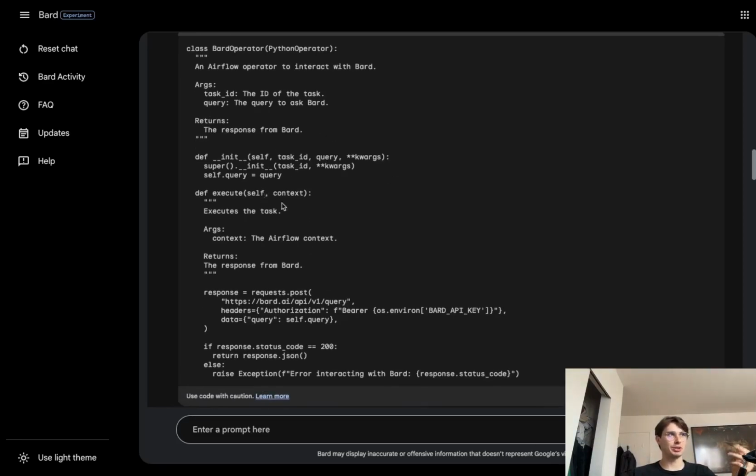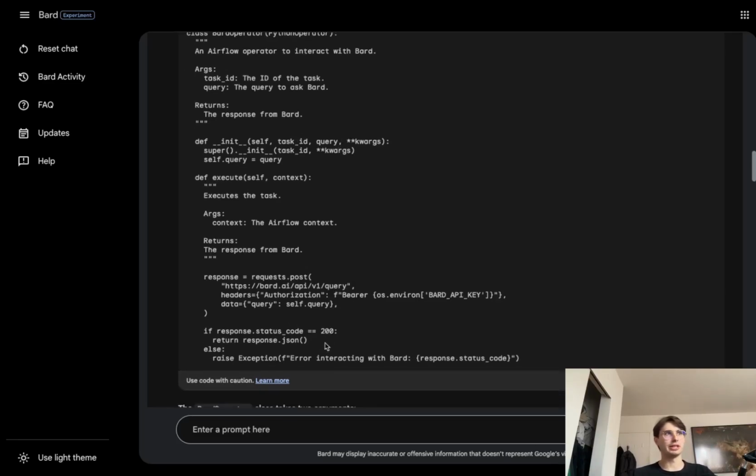But I just want to show you what this looks like overall. So it's taking the Python operator and basically just executing an API request in Python, taking the variables that we're passing it, just task ID and query. Task ID isn't really relevant, but the query is, and then it's just returning the response. So essentially just templatizing a Python operator that interacts with Bard. But really, that's what a lot of operators are doing under the hood: they're taking a super basic extension like Python or Bash, and then just extending it to whatever service they want to interact with. Because at the end of the day, an operator is just a way to simplify having to write all that code every time you want to interact with the service.